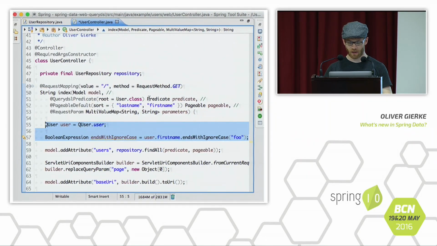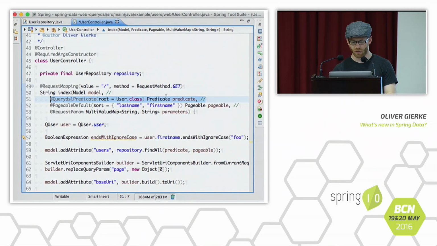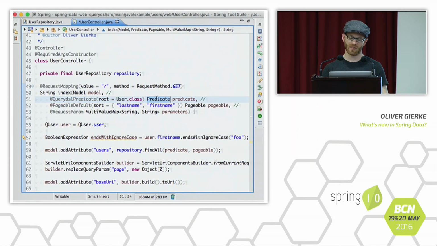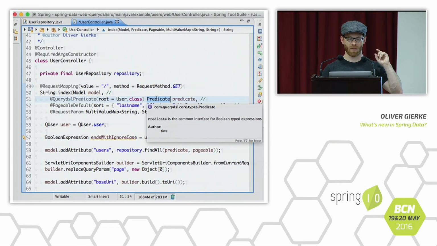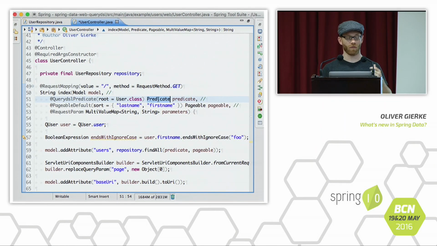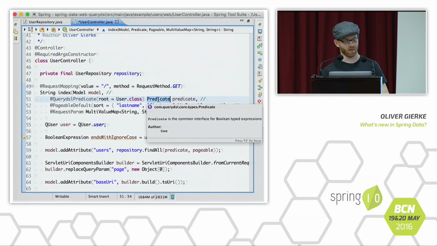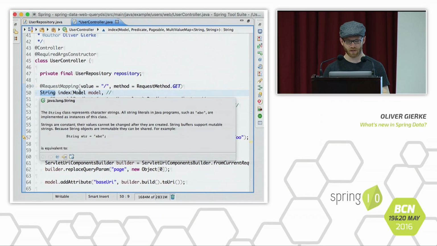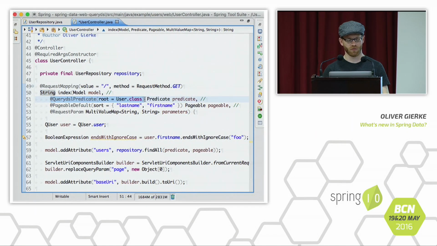Actually, we don't have to do anything. We just define a Spring MVC controller method parameter taking a predicate. There's some smarts in there that might be able to resolve the type that you want to create the predicate for. Let's say if you return a HTTP response entity of user or something, then we can find the type out ourselves, but if not, you just declare it explicitly here,